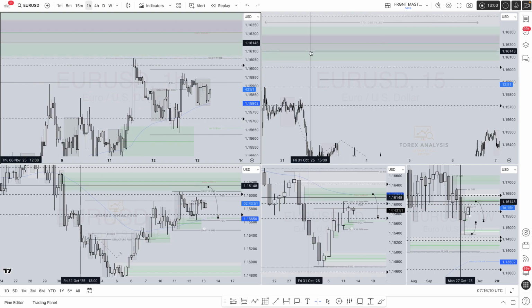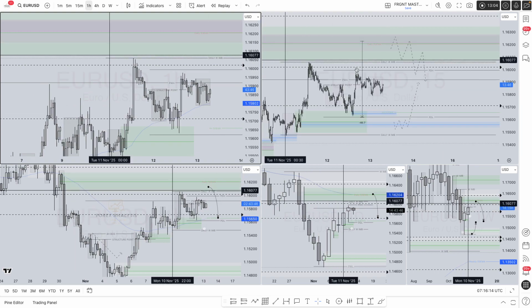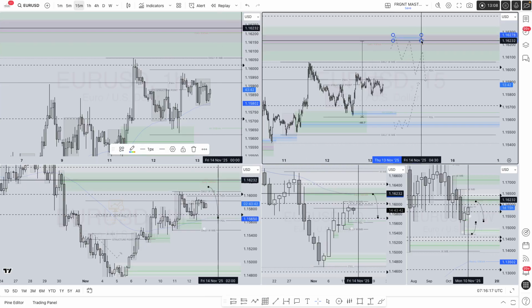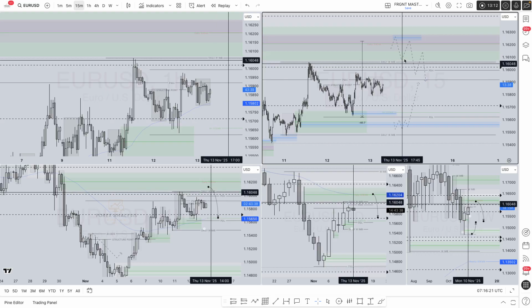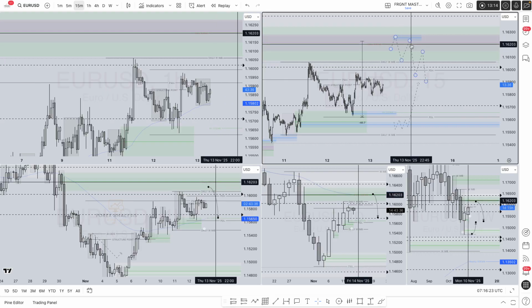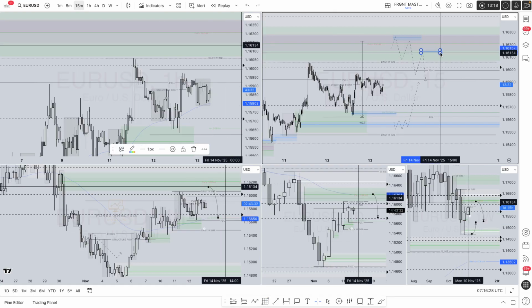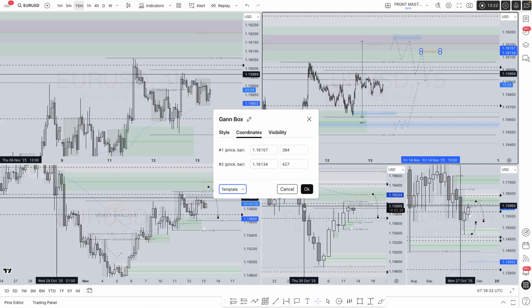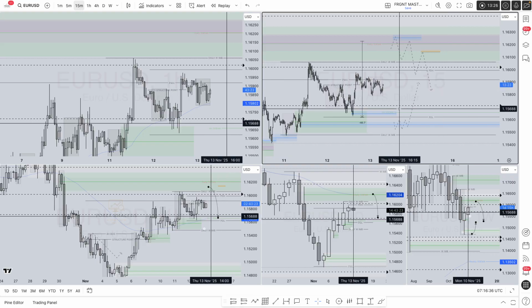So again, I'm not going to start going down the time frame to search for a 15-minute order block in and around that area. What I'm going to wait to happen is allow price action to print it for me. Allow price action to give me those breaks of structure, provide me with a 15-minute order block, continuous breaks of structure. Then I'll be looking for a lower time frame order block in and around those areas to then look for a position from. So that will be the short position I'm looking from.